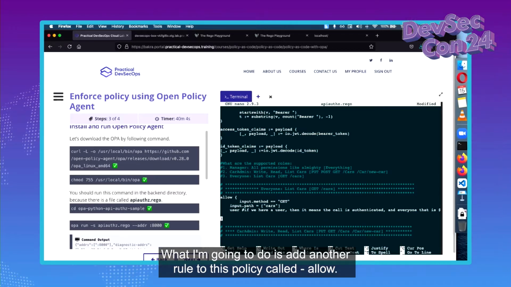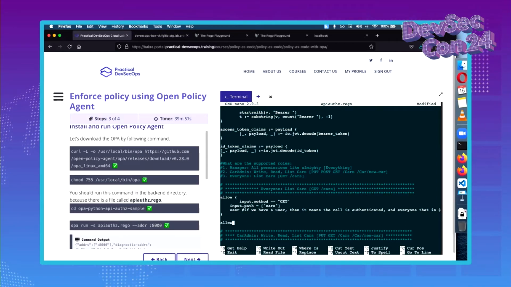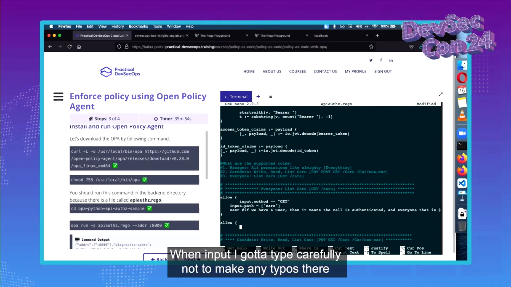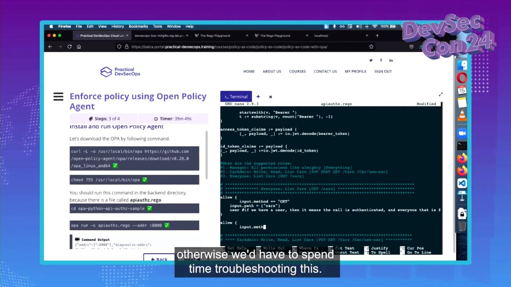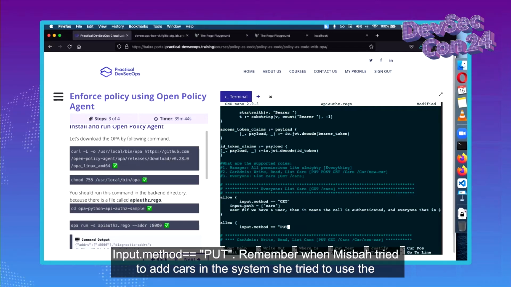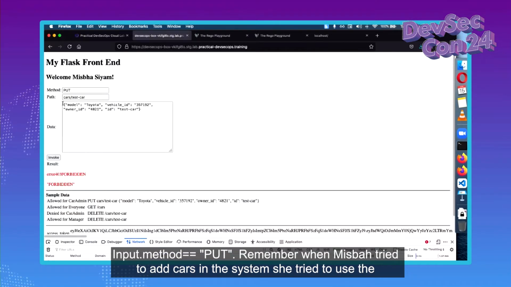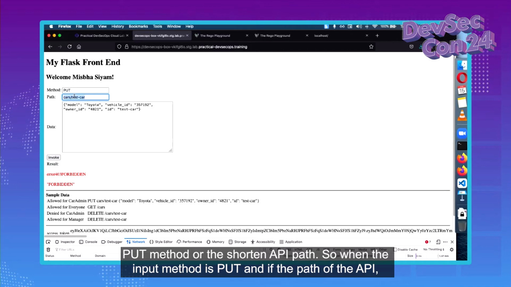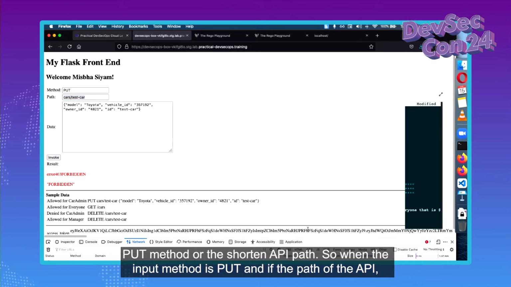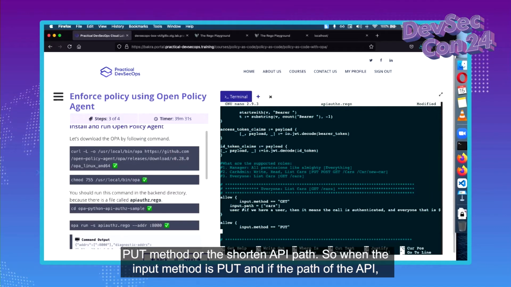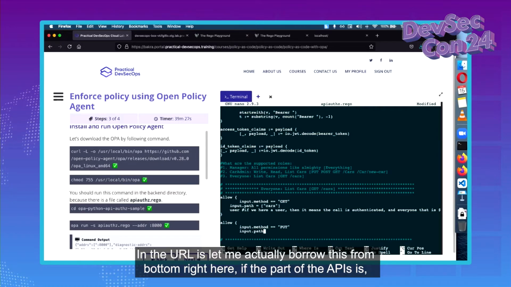What I'm going to do is add another rule to this policy called allow when input. I've got to type carefully not to make any typos there. Otherwise, we'd have to spend time troubleshooting this. Input method is equal to put. Remember, when Misbah tried to add cars in the system, she tried to use the put method with a certain API path. So when the input method is put, and if the path of the API in the URL